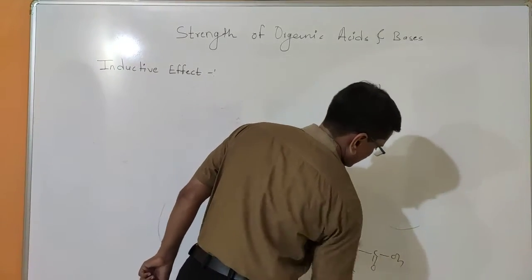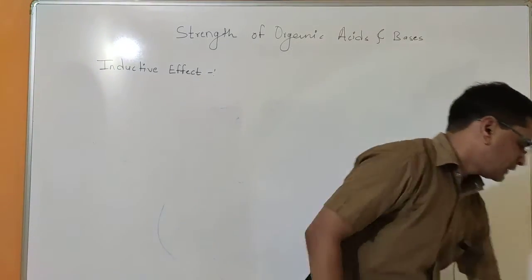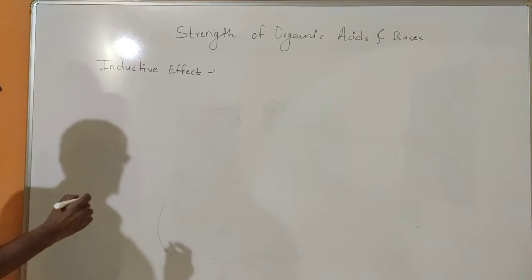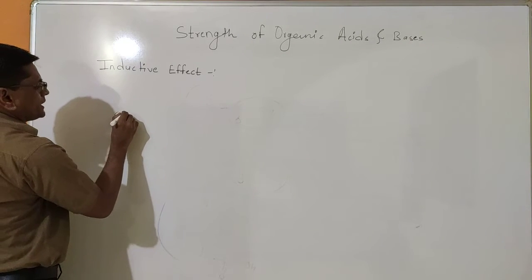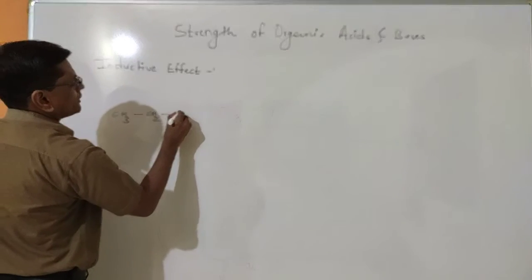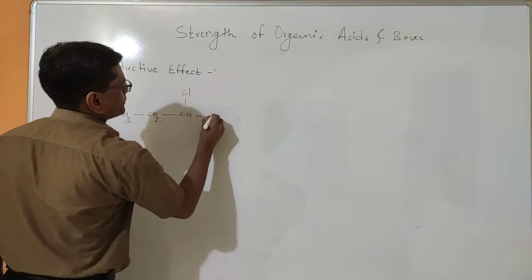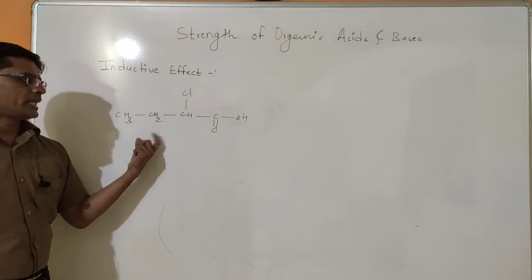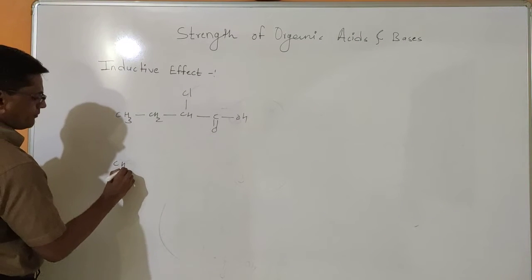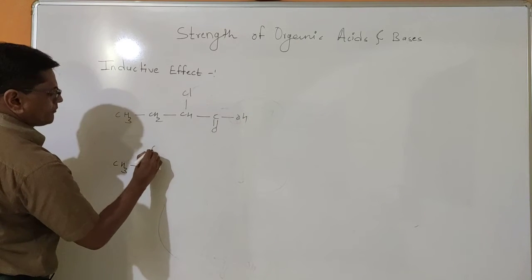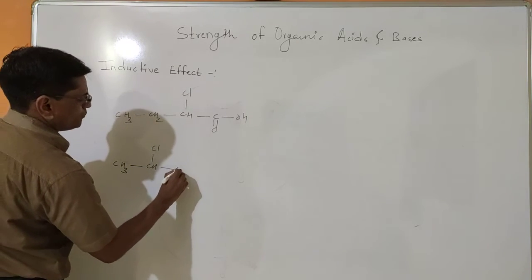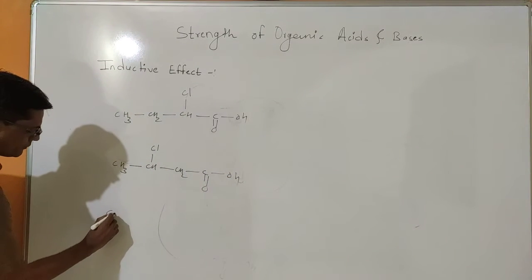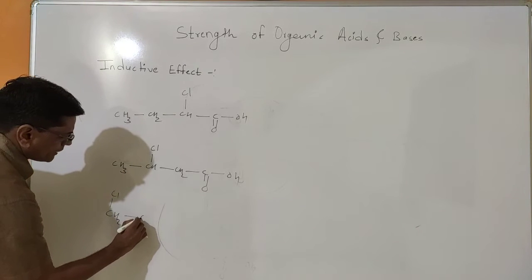As you know, the inductive effect decreases as we go away from the electronegative atom. Now this is the best example for that, when we have 2-chlorobutanoic acid, 3-chlorobutanoic acid, and 4-chlorobutanoic acid,